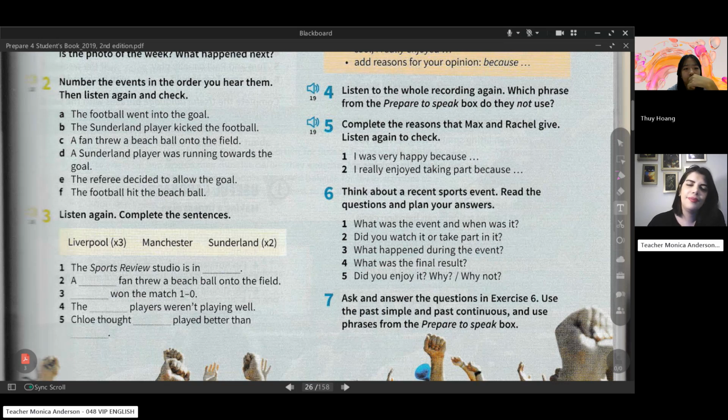Track 18. I'm Steve Ross. Welcome to Sports Review. My guest in the studio in Manchester this evening is Chloe Fuller. Studio is in Manchester. Perfect. Good evening, Chloe, and thank you for coming. Hi, Steve. It's a pleasure. Okay, let's look at your photo of the week. What was happening here, Chloe? This photo is brilliant. It's from a match between Sunderland and Liverpool. In the 4th minute of the game, a Liverpool fan threw a red beach ball onto the pitch right